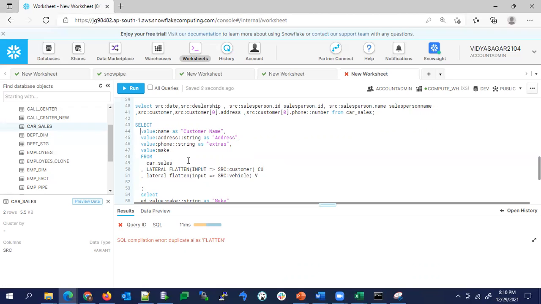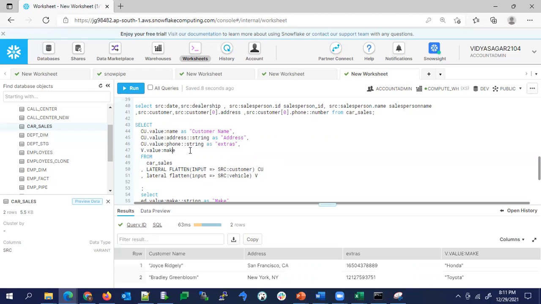Based on the alias name you are trying to read, I can give the corresponding value from that. This make is coming from the vehicle, and the name, address, phone number are coming from the customer table. If I run this, I am able to get that. So it is basically an alias table or a subquery format. Lateral, in the sense, takes a subquery format.